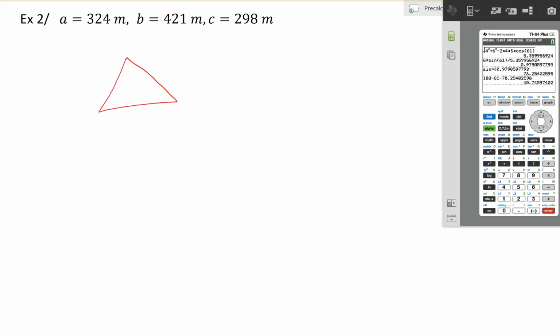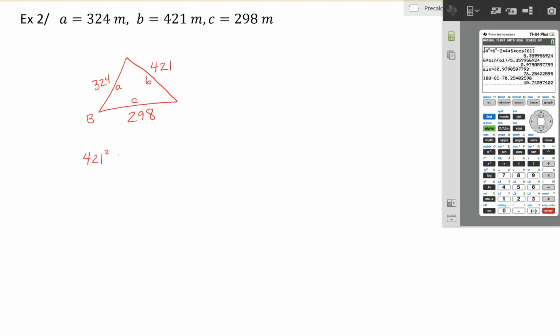Just go ahead and lay this out. Remember, it doesn't have to be to scale. We're just getting things oriented in the right position so we can picture this in order to do our calculations. We have 3 sides and no angles. So it really doesn't matter which one you want to go ahead and solve for first. Let's say that we wanted to solve for angle B. That means that we're going to do